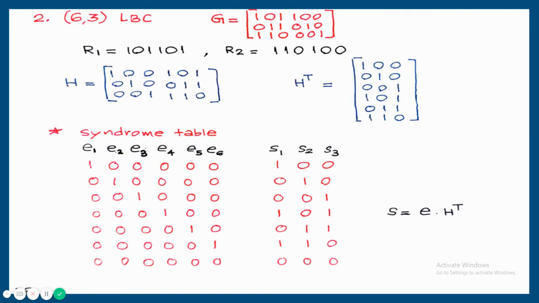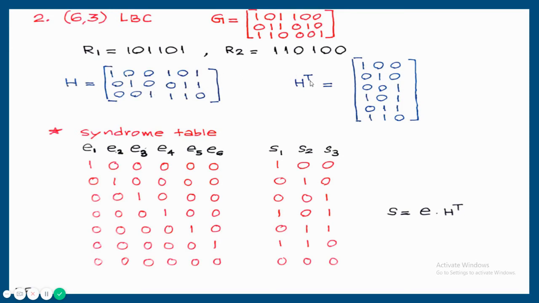Like the previous example, the first step is generation of H. G is P I, so due to P I, this should be I P transpose. So always go for first P transpose. 101 is the first row, so that should be the column here, 101. Second row is 011, so 011, 110, 110. In this particular case, both are the same. Once you have completed this one, there are 3 rows, so you can go for a 3 identity matrix. So that is H. H is I, P transpose, and G is P, I.